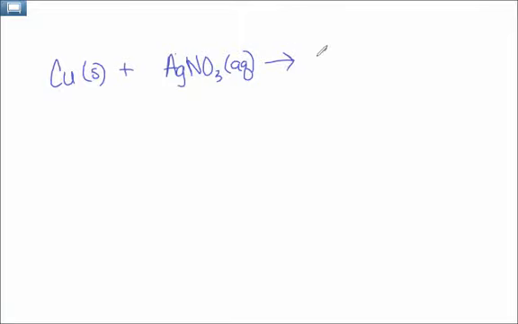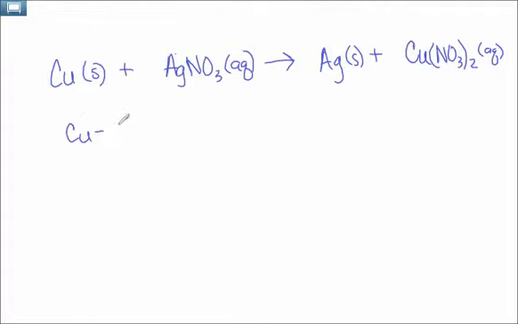So our products: solid silver metal plus, so it's Cu what? NO3, all right, don't forget parentheses, 2. So those are the correct formulas, and this is aqueous, isn't it? Are we balanced? Let's see, copper has how many? 1. And silver? 1. Okay, now when you have a polyatomic ion like nitrate, as long as nitrate is the